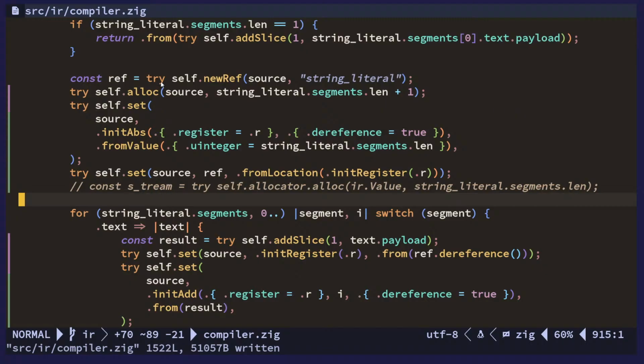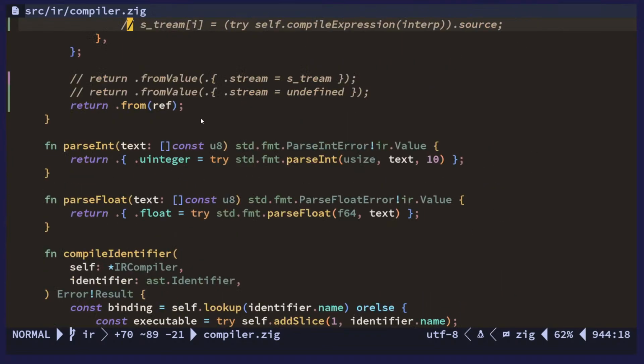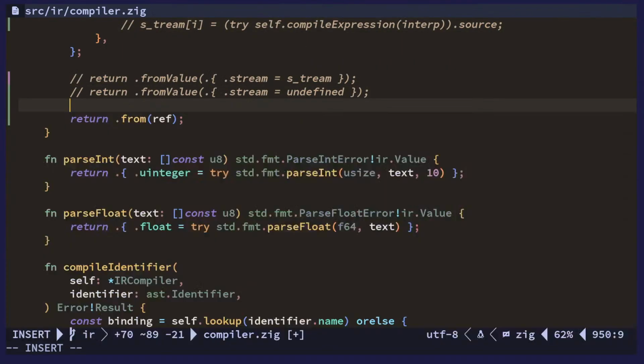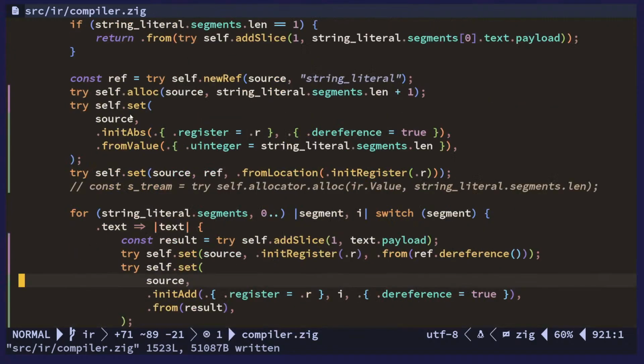And then I don't really think we need to have this on the stack. No, yeah, we do need to have it on the stack because we do need to save the allocation. We need to have it on the stack. But then we need to actually pop it at the end. So we're popping that off the stack, and then what we return is actually going to be the